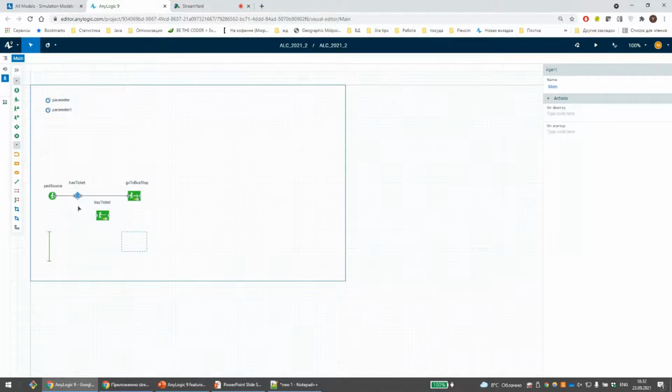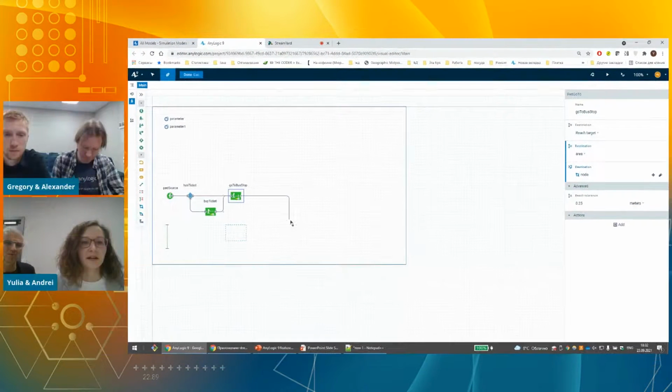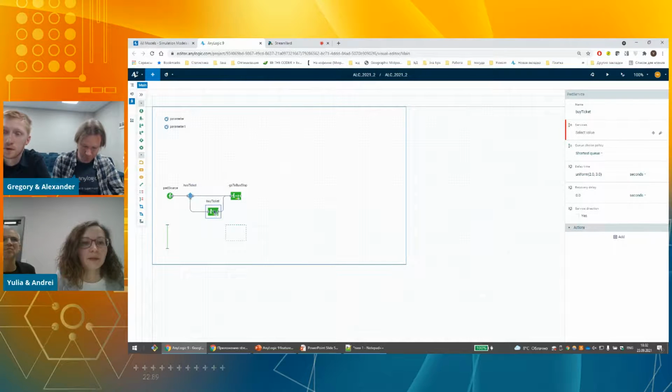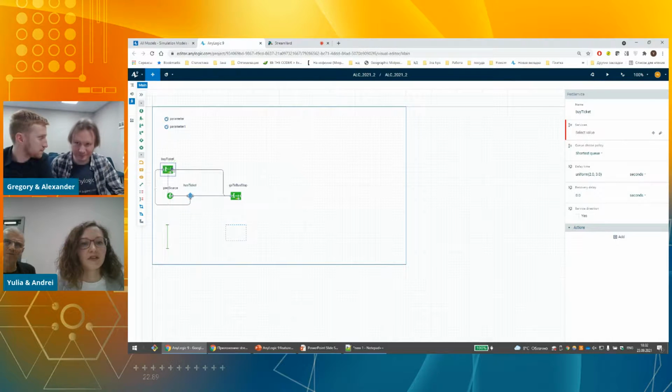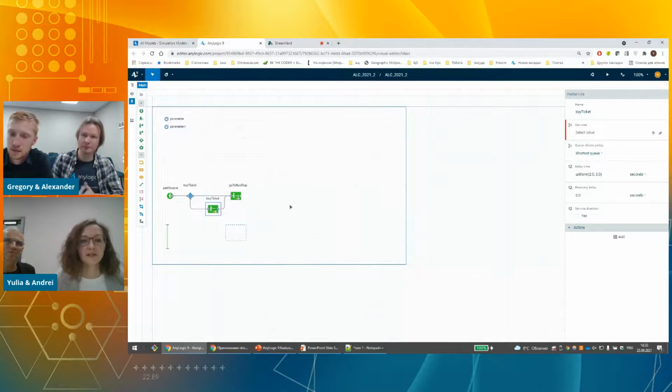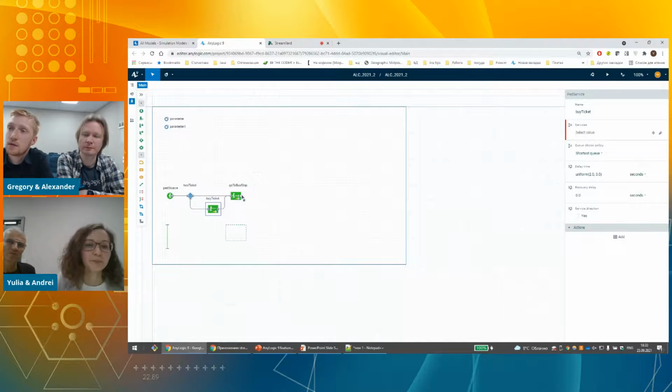And one more new thing: see how I connect this buy ticket block with the previous and the next one. Just single click a port, single click the second port, and we automatically get a nice connector with right angles. Same for the next connection. Here we are. Even if I move a block, the shape is realigned. So this allows for building flowcharts about 30% faster.